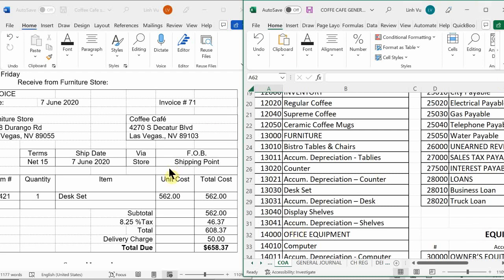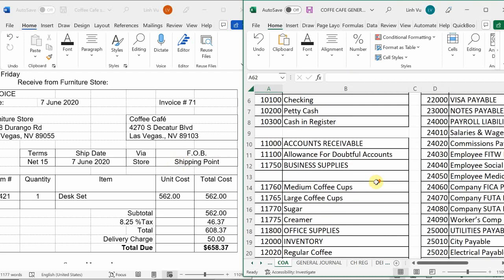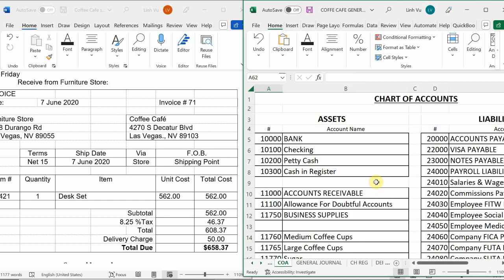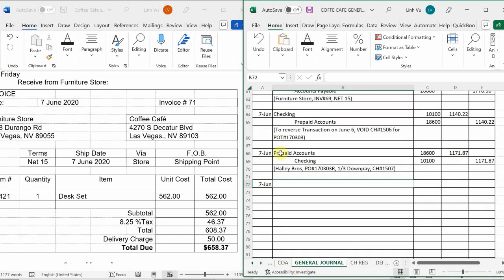And how am I paying for this? It's accounts payable. Correct, because I'm going to choose to pay later. I'm going to take advantage of those 15 days. So, therefore, let's go ahead and code this. We bought a desk set, and we're going to code this to accounts payable, for the grand total of